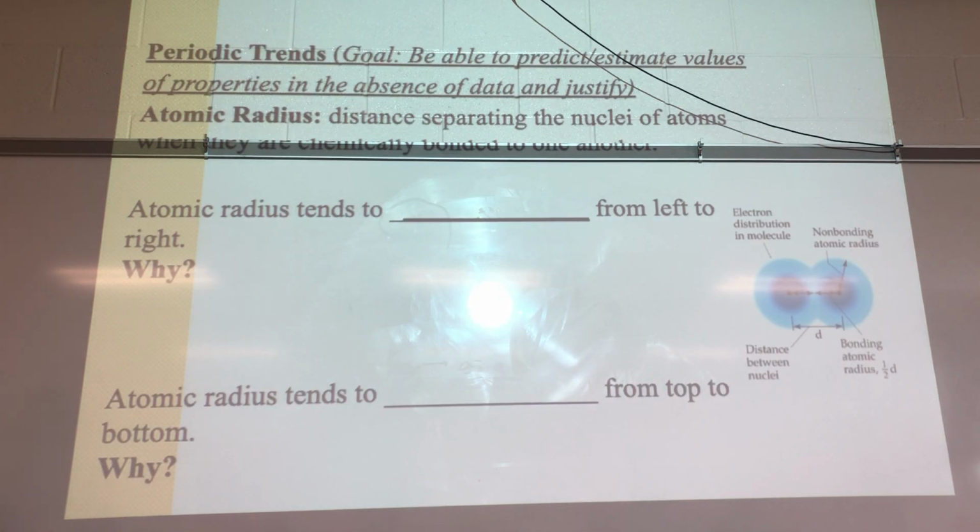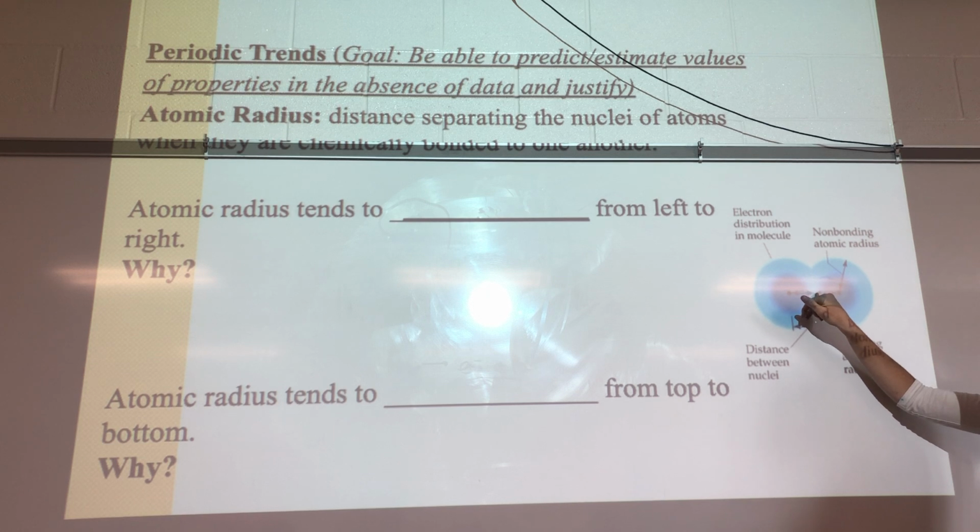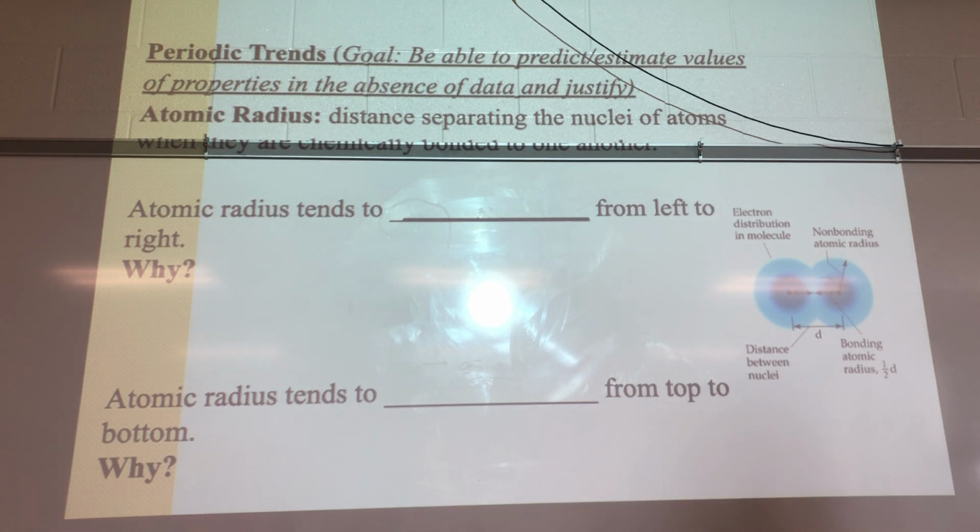Okay, first trend, atomic radius. When we use the word radius here, it's the same idea as the radius of a circle, which is half the diameter, right? So the radius of an atom is literally measuring from the nucleus to the outside edge. In a sense, it tells us the size of an atom. Scientists have measured, even though they're teeny, tiny, how big atoms are and given them a measurement. They're normally measured in a value called a picometer because they're so small. A pico is